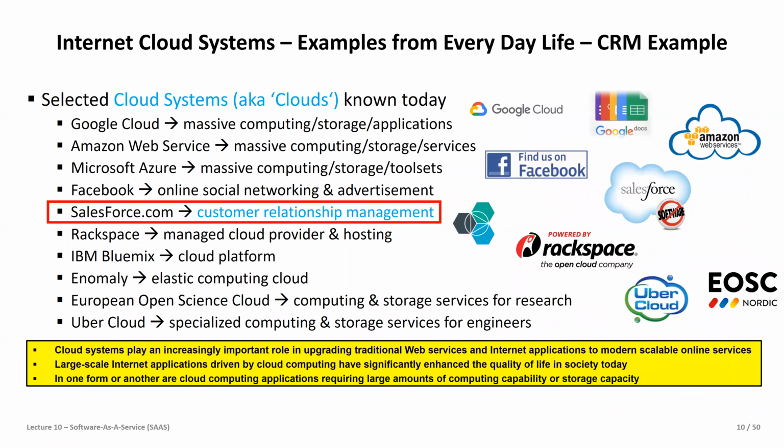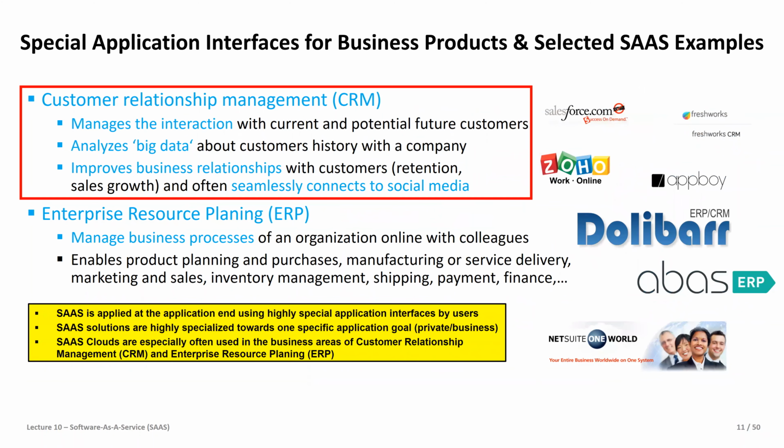And of course, this is just one example. If you go to the many different areas in all of these SaaS solutions, they all have their unique selling propositions. Here's one I pick out: customer relationship management. You will see soon why, because this is a very lucrative market for companies. There are actually two very big markets. The other one is enterprise resource planning on the internet, where enterprises have everything from business processes and hiring to purchases, shipping, and transport. Everything is inside here.